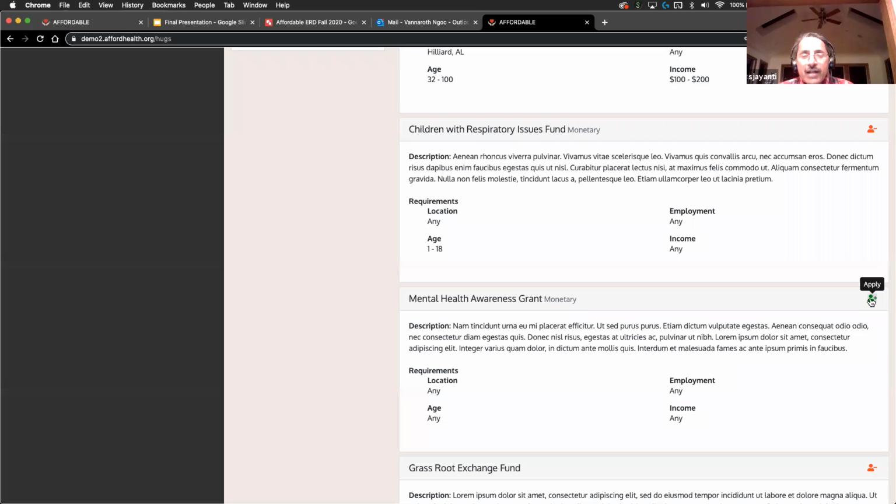But there could be 5 or 6 mental awareness grants. There could be 10 donors, and there could be many mental health awareness grants out there, or a similar category of healthcare requirement. And then I apply to all of them,